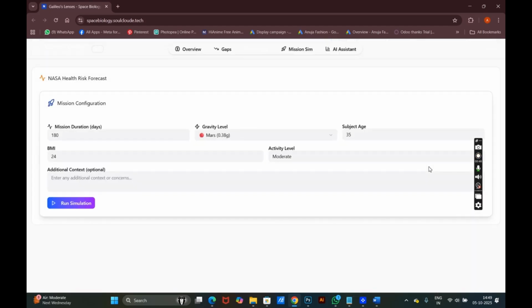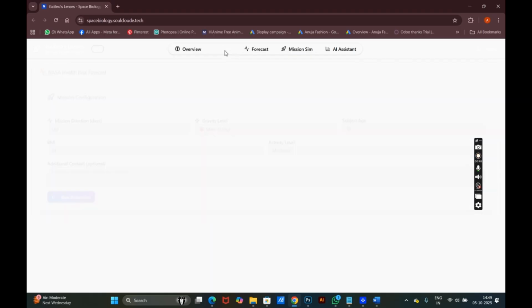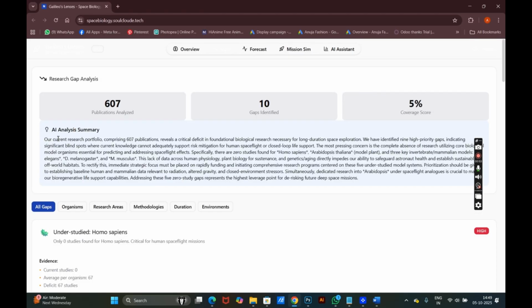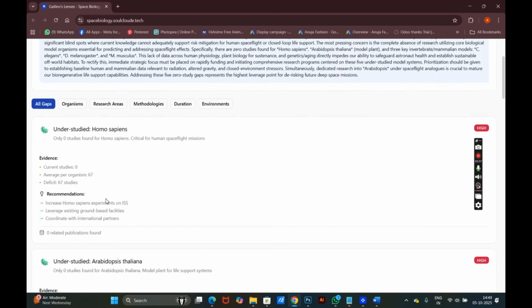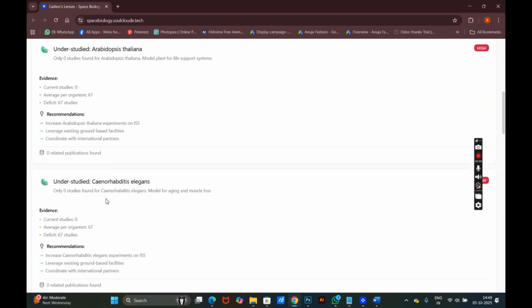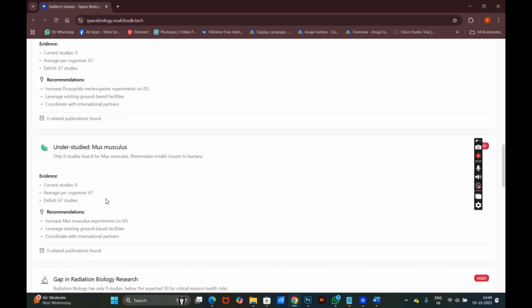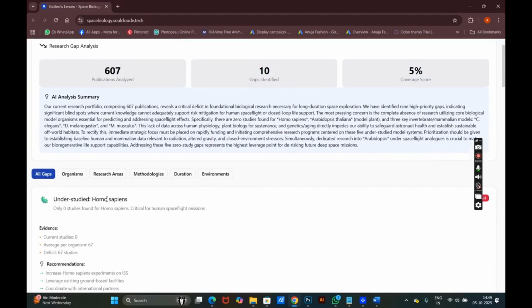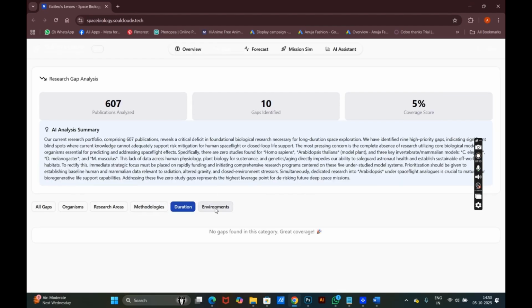Gaps. This is a unique thing that we have come up with, just to show the knowledge gaps that we have had over the years. And it's not just pointing out the problem, it's providing a solution for it. It's not just problem oriented, it's also solution oriented. You can go through other topics as well in other research areas, like over here. But this is just a general overview.